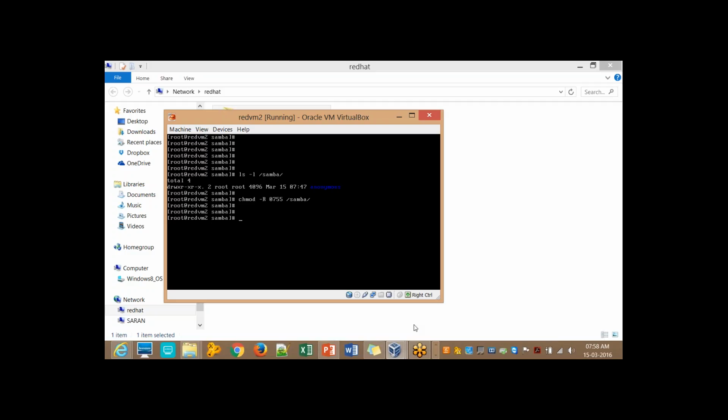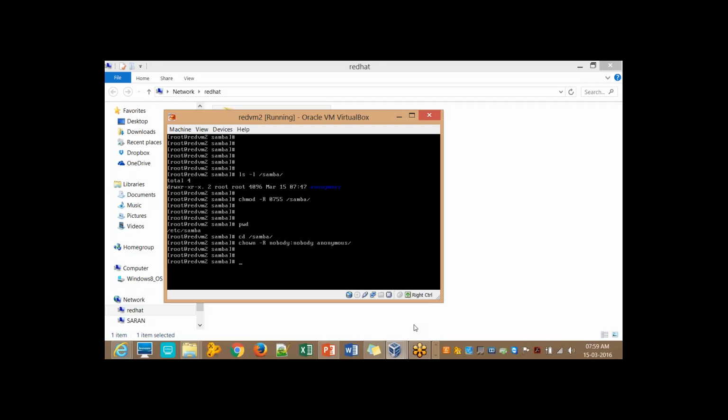Okay, and then by default root user is the owner, so we need to change that to someone called nobody. Okay. Now,